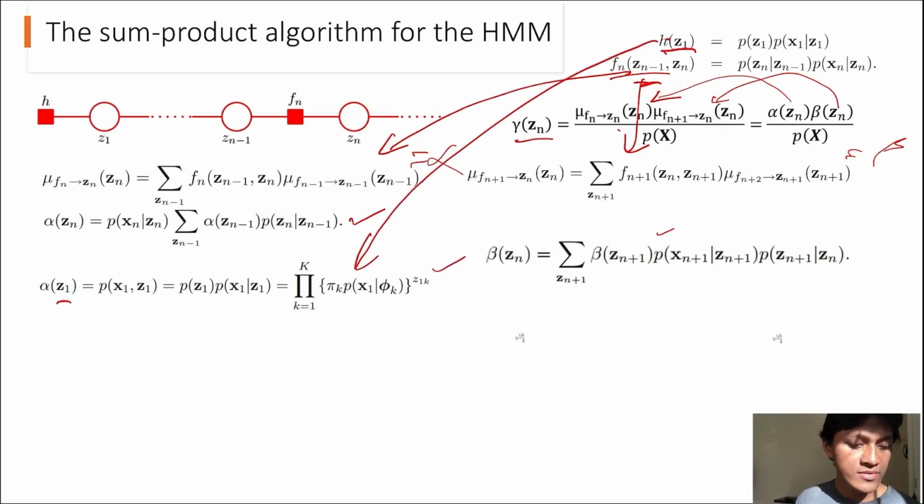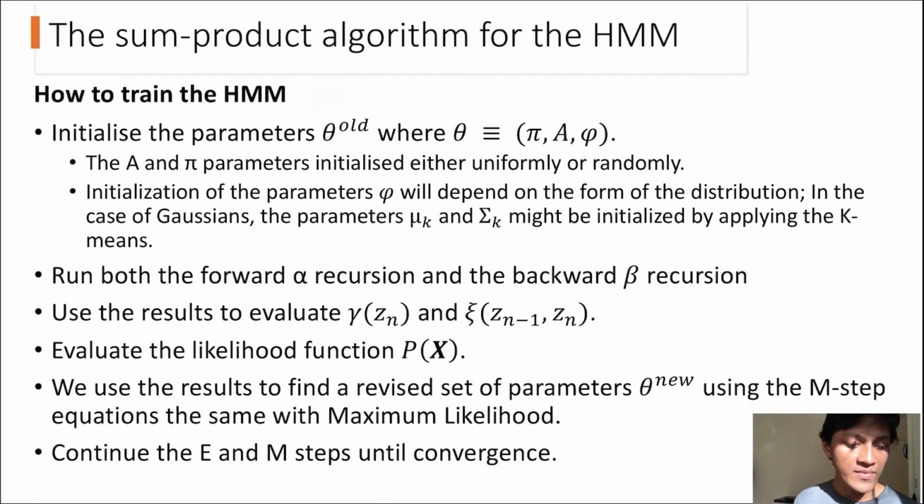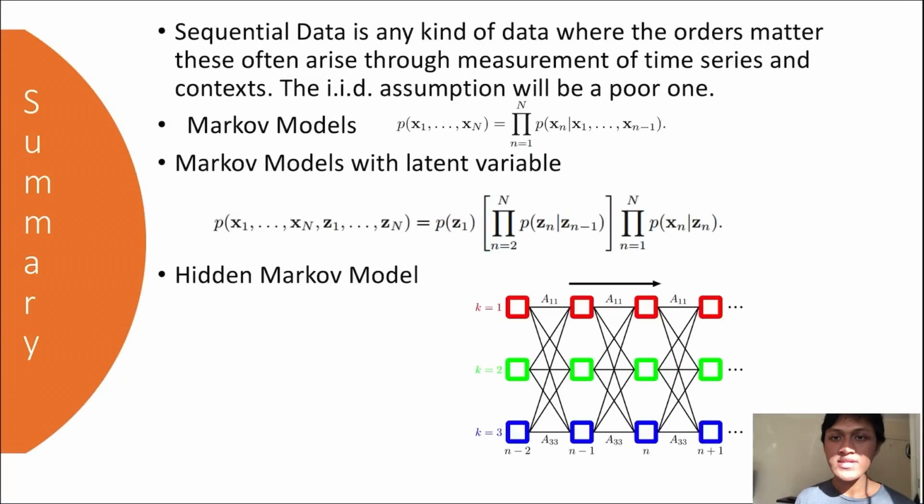So how do we train the hidden Markov model by using the sum-product algorithm? Actually, it's similar to our forward-backward algorithm. To sum up, sequential data is any kind of data where the order matters, and it sometimes arises in the form of time series, for example financial forecasting and predicting the weather, but also in contexts such as DNA sequences and speech recognition. If we assume this sequential data is IID, or independent and identically distributed,